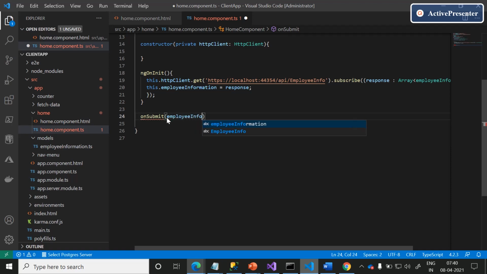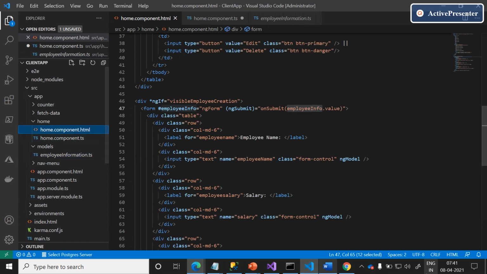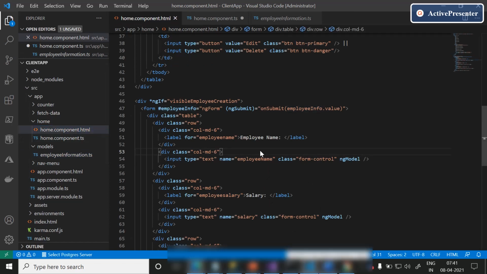EmployeeInfo contains strong binding, nothing but model binding. We are attaching the model which contains the employee name, salary, and department name values. Let me come back to the component HTML.